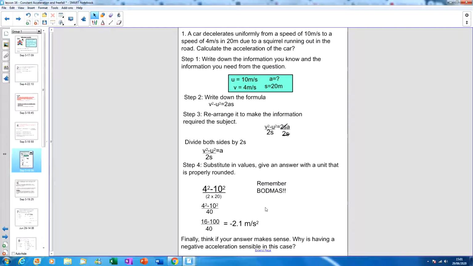So why do you think the negative answer makes sense here? Well, a positive acceleration in this case would represent getting faster, so a negative acceleration would represent getting slower. So